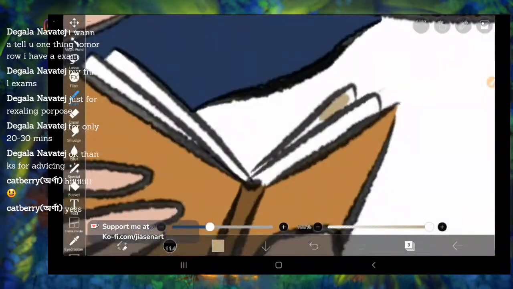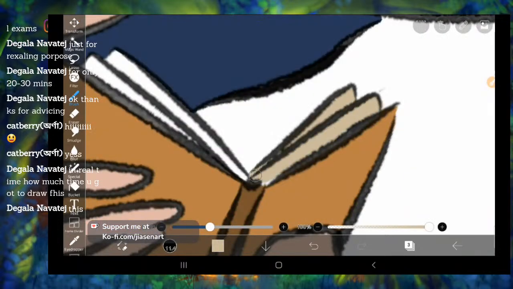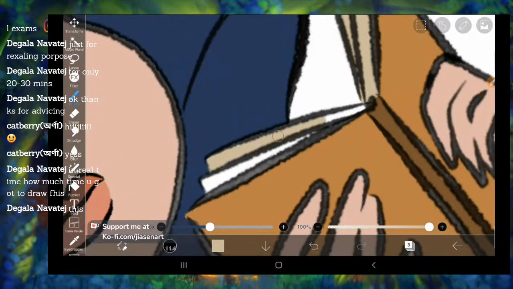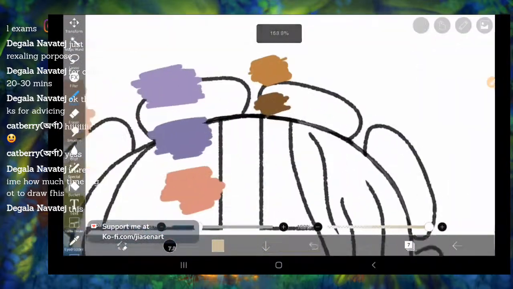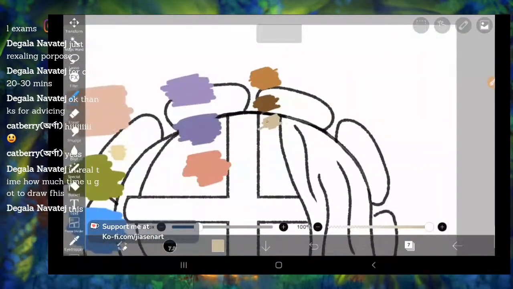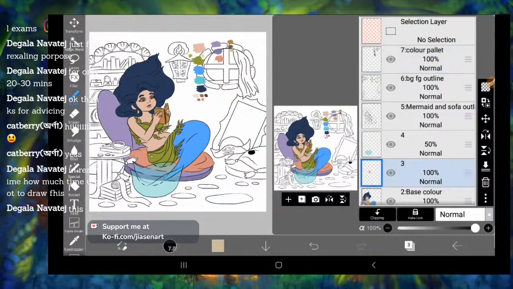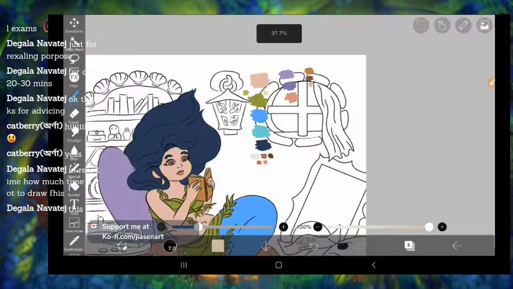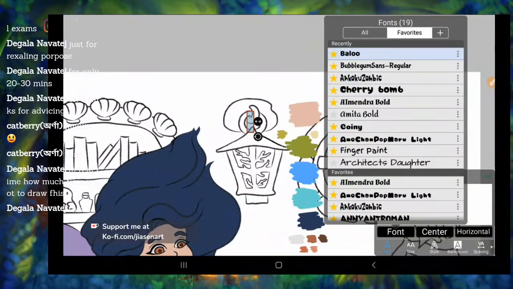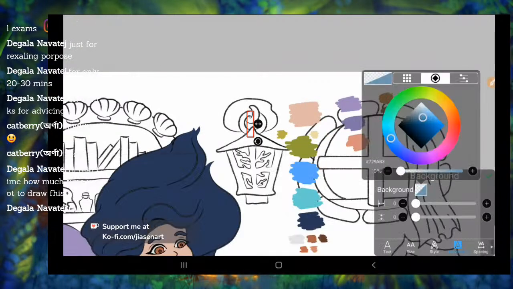This one, for coloring, took 4.5 hours. One of the reasons, as I mentioned before, is that I painted this on my tablet. So when I was recording, there was a problem. Every time I was filling the color with the bucket tool, the recording was interrupted. It just stopped.